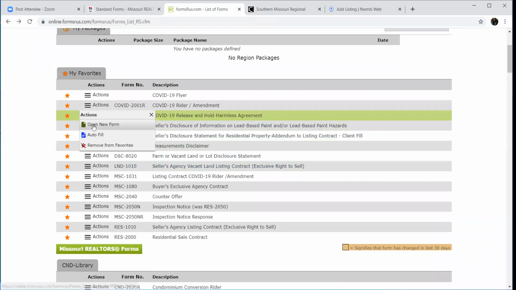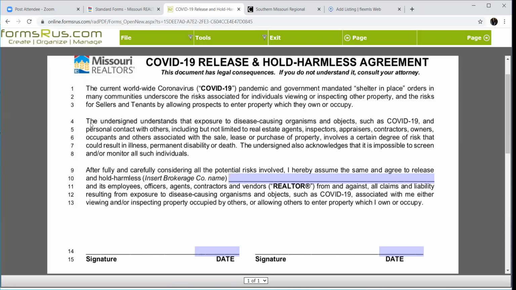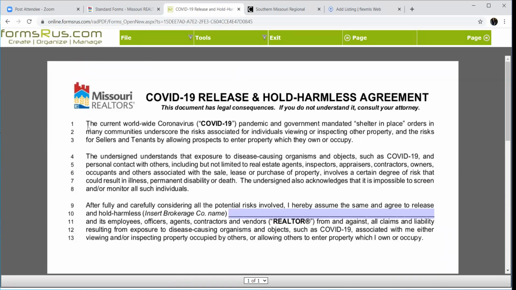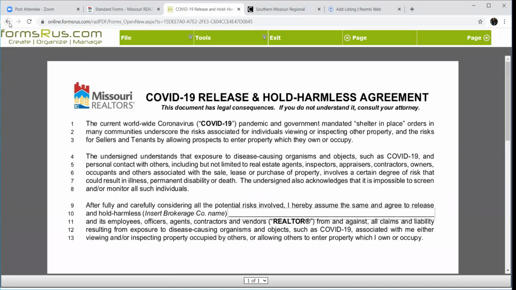This is the one that I really encourage you guys to do with all of your clients on both sides of the table. It's very generic, but essentially it says, hey, Mr. Buyer or Mr. Seller, we're in the era of COVID and you are aware of that. You are aware of the risks that you are taking by entering houses, and/or the risks of having people come in your house, and we're just getting on the same page here. You know what's going on, I know what's going on, and you're going to sign this document to say that. Keller Williams goes here, and then just their signature. So again, it's just putting everybody on the same page and on notice, which I think is a good thing to do.